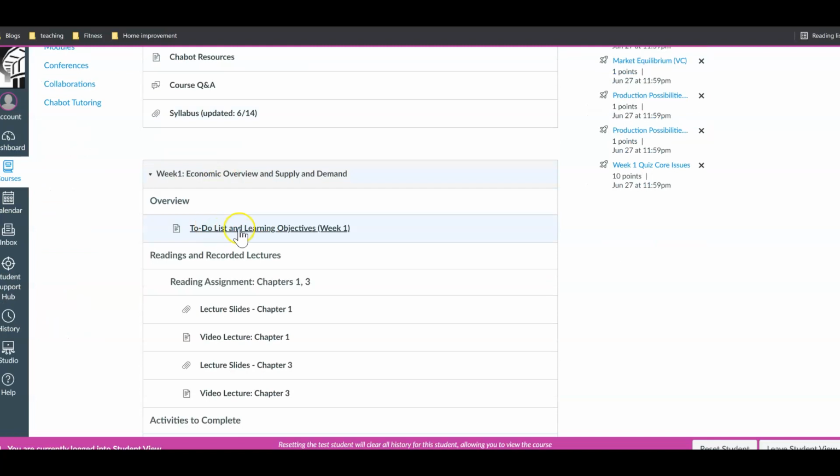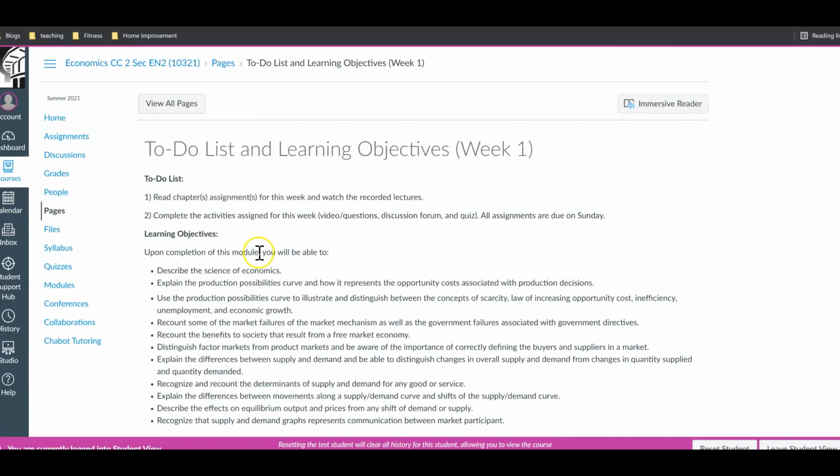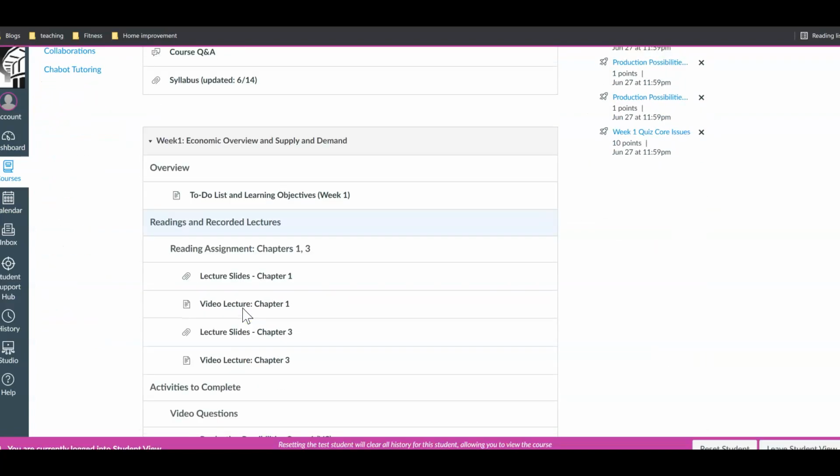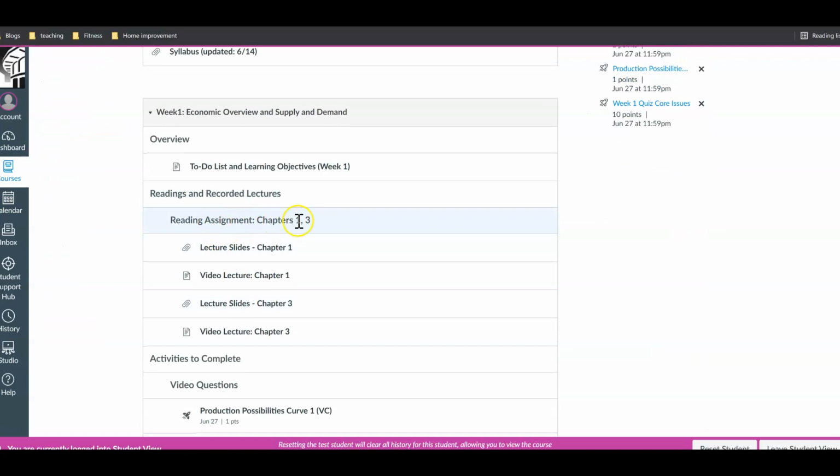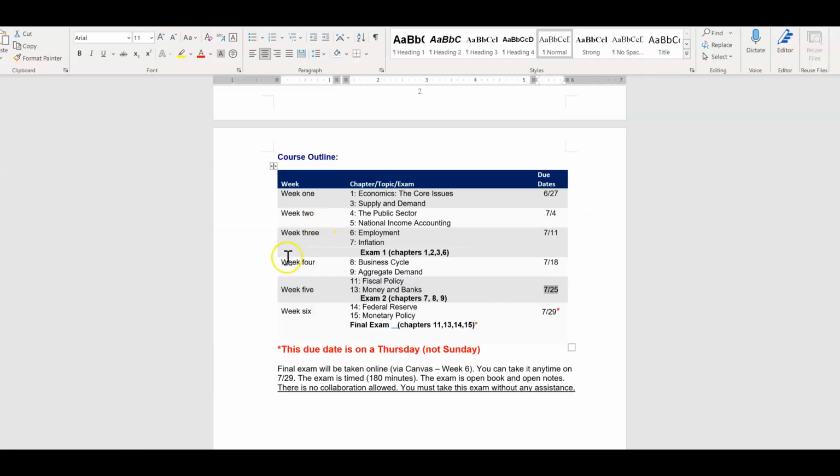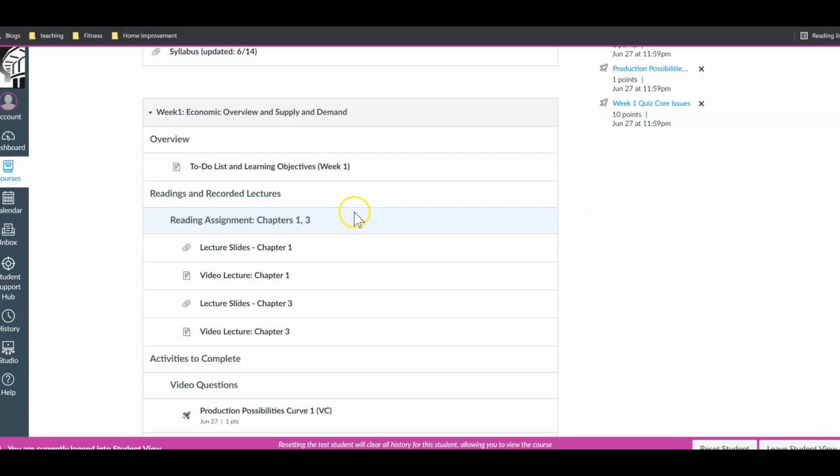So let's look at week 1 as an example. I give you an overview of what we're going to be covering in week 1. And I show you the readings, chapters 1 and 3. That's exactly what we have in the syllabus, chapters 1 and 3. And I have uploaded my PowerPoints for that lecture, and then I have a recorded lecture for that chapter.